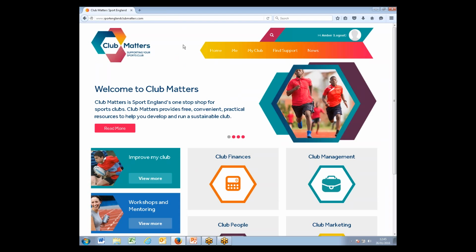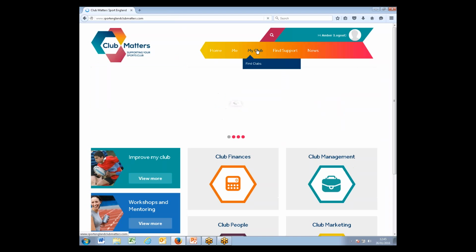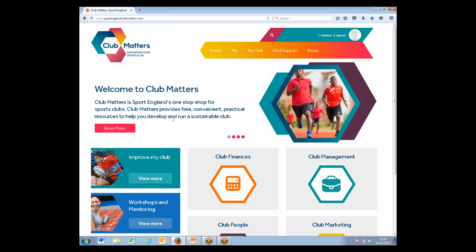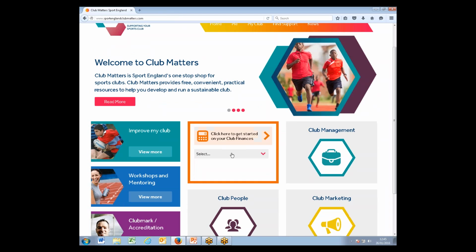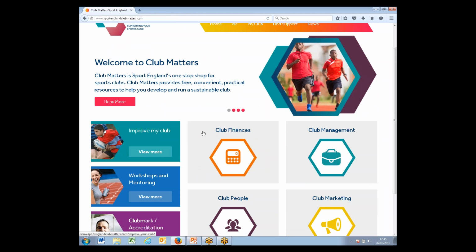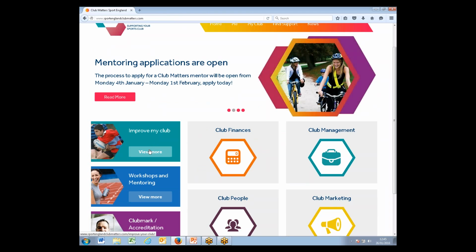So we'll start off at the home page. If you click onto My Club, once you've obviously logged in and everything, there's a tab here. So again, we have the 4 main areas. There's a tab on the left-hand side which says Improve My Club. So if we click on this one,